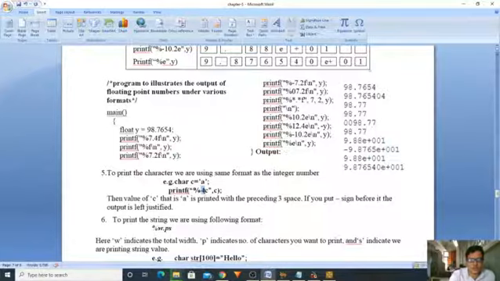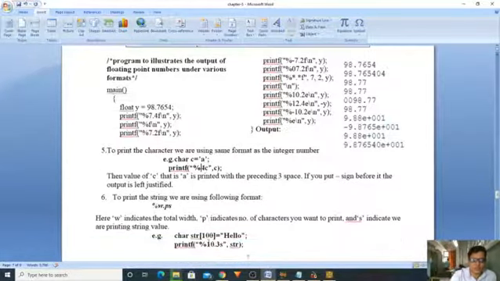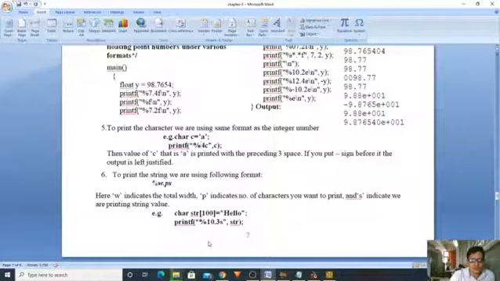If you specify the width, within that specified width the character will be displayed, and according to the width it will be filled with spaces. So %4c prints 'a' with 3 preceding spaces. And if you put a minus symbol in front of the width, then it is left justified. That is your character formatting output.